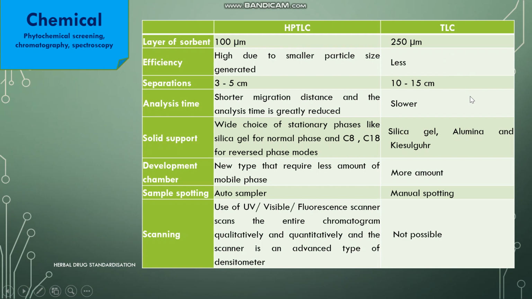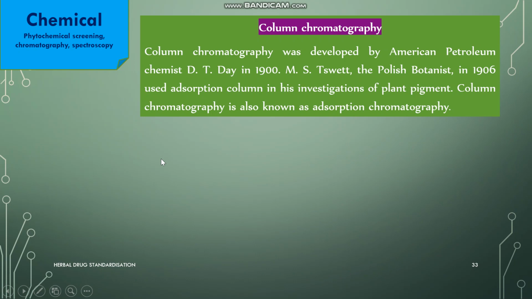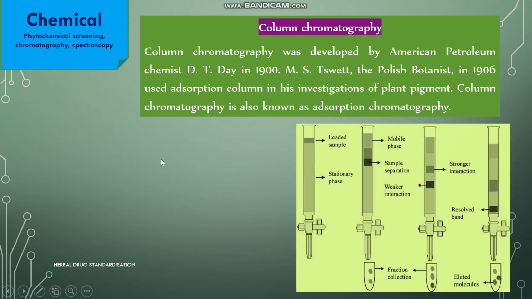We will prepare our TLC plate in our laboratory. We will sometimes also use pre-coated ones, but generally in our laboratories and colleges we prepare our TLC plates on our own using an adsorbent like silica gel G in water. So here manual spotting is there, while in HPTLC an auto sampler is there, and HPTLC is the advanced form. Next, yes, this is our instrument setup. As you can see, there is an applicator, developer, scanner, interface, and of course the derivatizer. Next one is column chromatography, a very important technique, again used for isolation purposes. Separation and identification are also done. The basic principle is adsorption.